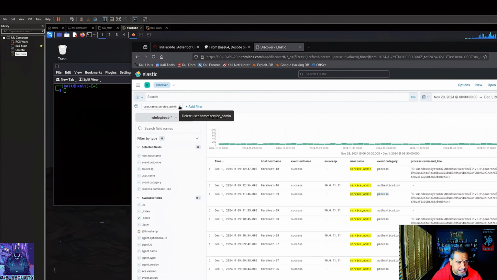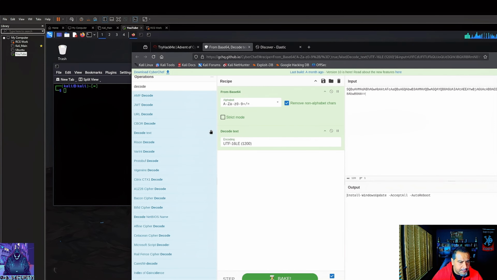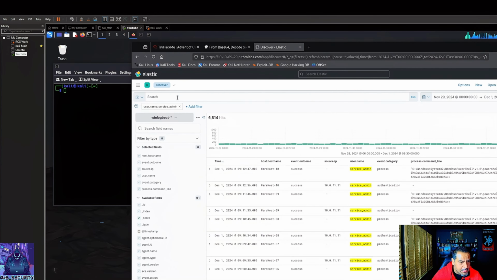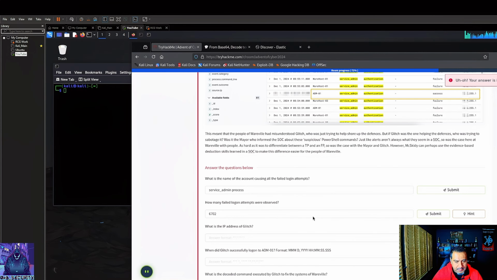How many failed logon attempts were observed? Let's see. Was it 6702? I think it was. Nope. All right. Add filter. Filter out value. 6791.